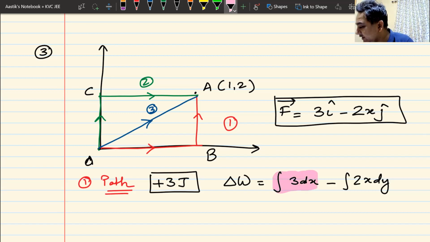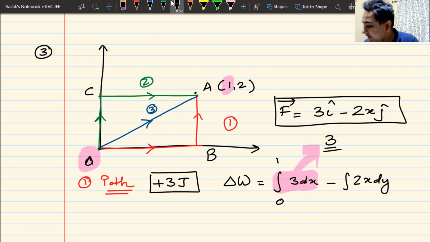Right. So the first integral, 3 dx, is a very simple integral. 3 will come out, the integral of dx is x. We can integrate this with the value of x varying from 0 to 1. Very good. See, you have now tried the question and I feel very good about it. Answers are not important. We'll get the answer. The value of this integral is how much? 3, sir. Yes, the value of this integral will come as plus 3. Remember, you have to say plus because this is work done, so we have to say the plus or minus sign as well. Okay. What about the second one?